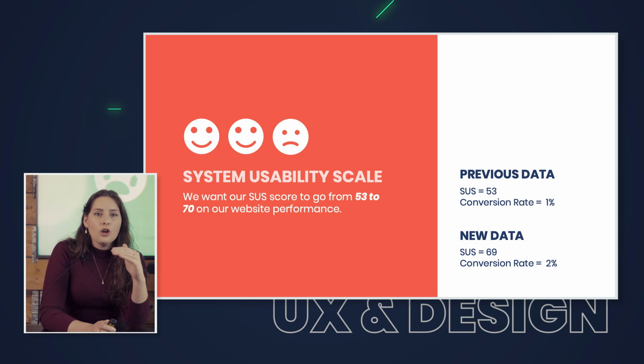Now I'm also saying conversion rate, because the indicator of the performance of the website is one thing, and the conversion rate is supporting that, saying this is the amount of money that was flowing within the company as this page was behaving like that. But now, as you do the implementation, your website is scoring 69, which is above average. Then you see that the conversion rate is now 2%. And that just means that performance on the website is better. Your users are happier. So the money that you now spend on that project is actually turning into a profitable return of investment.